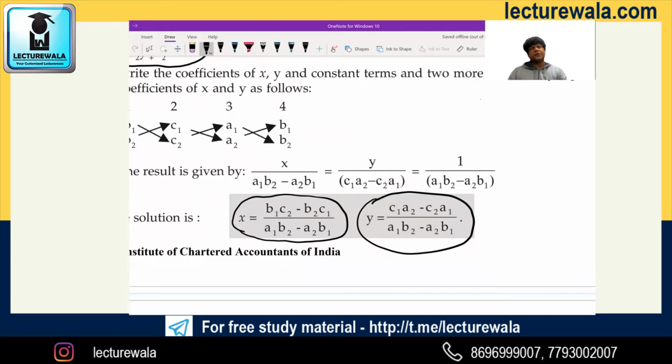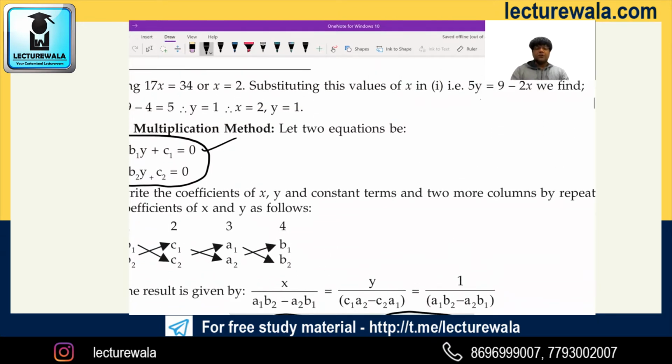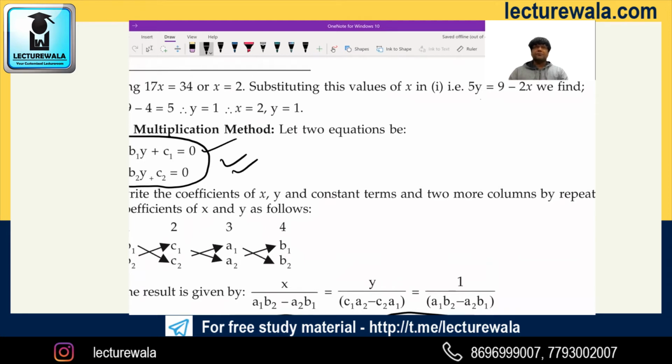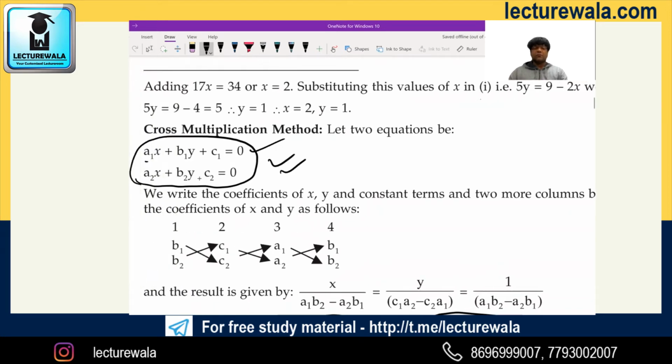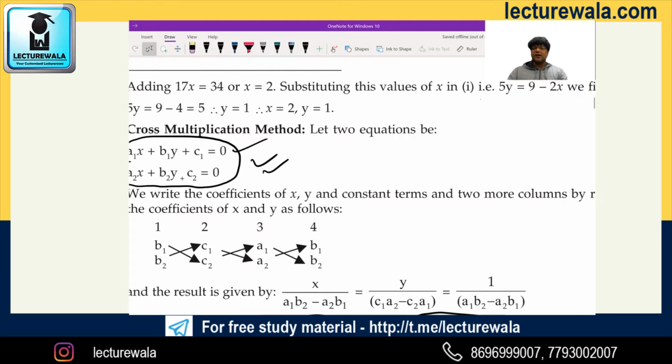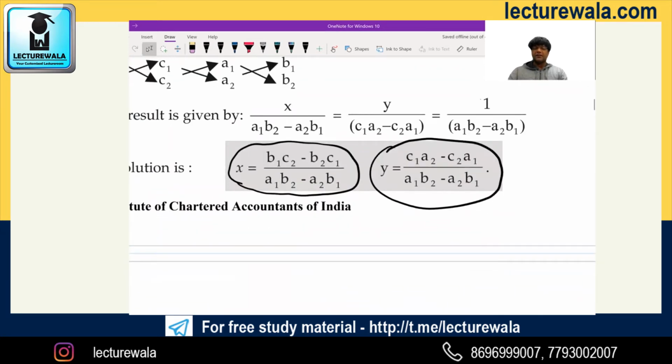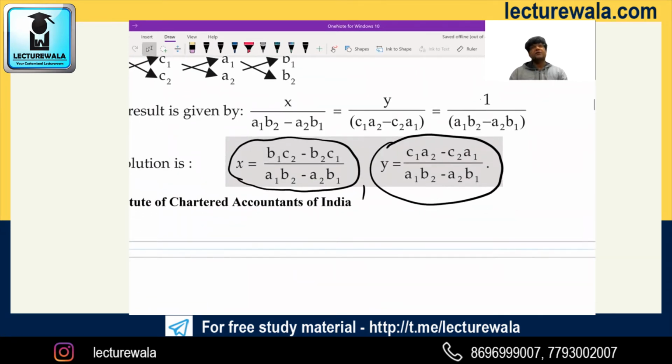What can they do? They can ask for these two simultaneous equations: if we solve by the cross multiplication method, then x and y can be given as, and then in the options they will give you this and this. So for answering that type of question, you must remember this, but don't apply it. How will you do it? Actually, if you are to solve, either you will do it by option hitting or you will do it by original solving.